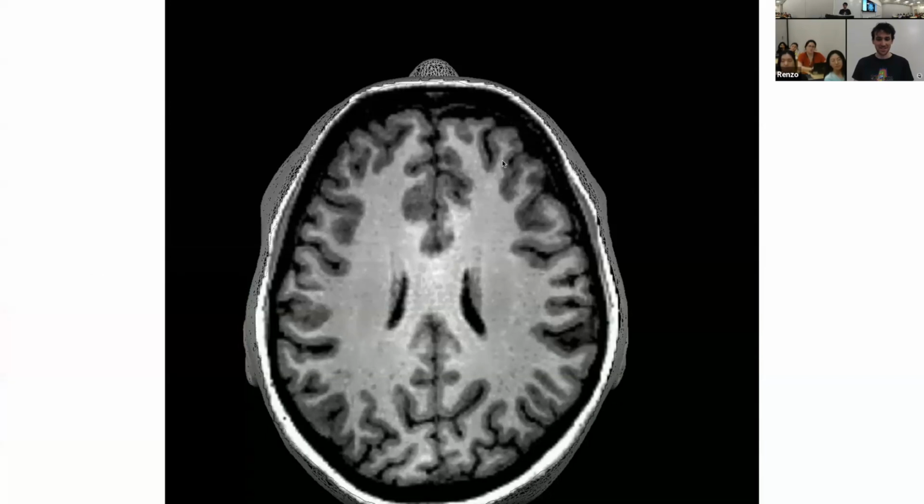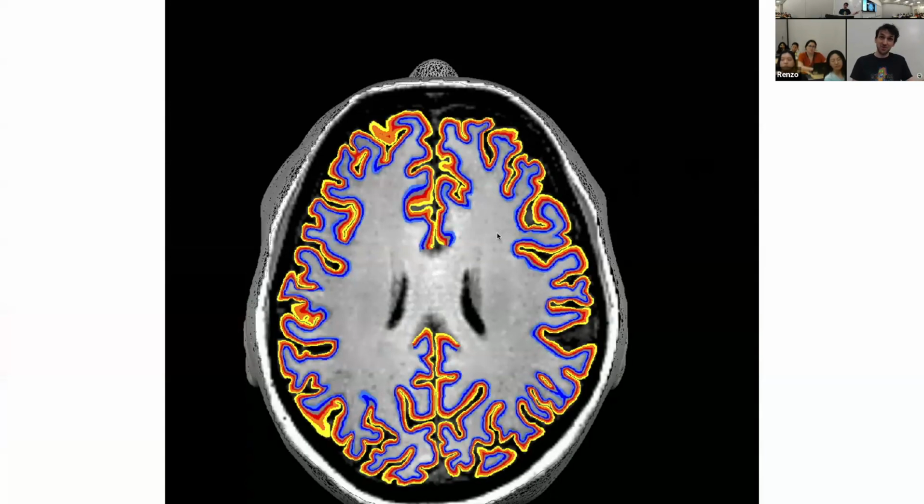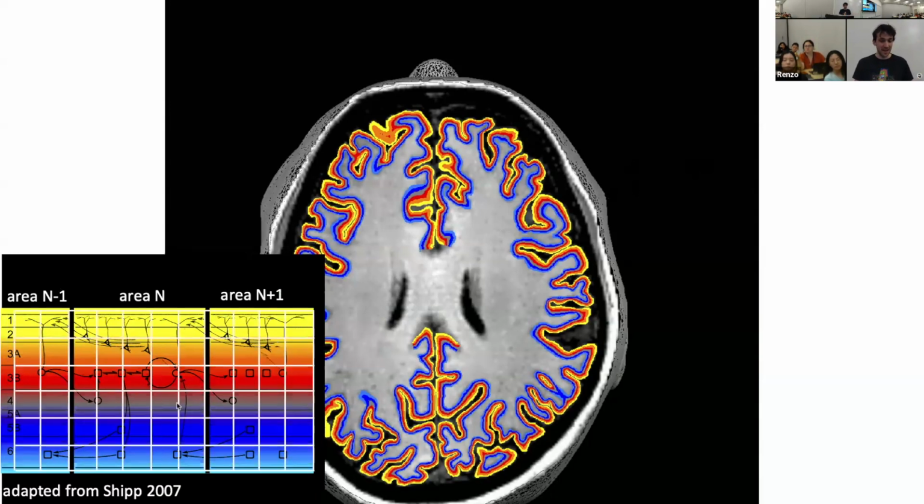So we need more than just the voxels across the different tissue types, gray matter, white matter, CSF, but we also need activity distributions within the gray matter across these different cortical layers. Because these different layers contain different neurons, and those different neuron populations have different processing. So going from conventional fMRI resolutions to layer fMRI resolutions, we can subsample these different neural populations,